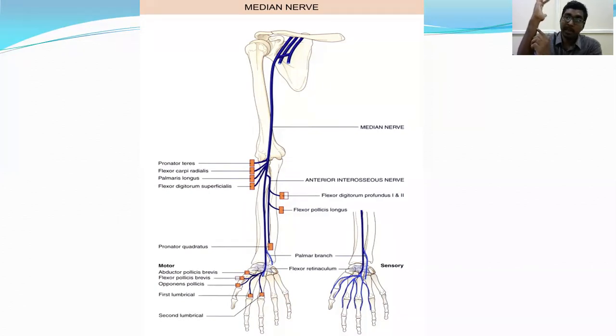Here at this level, the median nerve gives off one branch, the palmar cutaneous branch, which goes superficial to the carpal tunnel. You see this carpal tunnel. So it goes superficial to the carpal tunnel and supplies this area. And the remaining median nerve goes through the carpal tunnel and gives off 5 motor branches, which supply 3 thenar muscles and 2 lumbricals, and gives off multiple branches to supply the lateral 3.5 fingers of the palmar surface of the hand. So that's why the palmar cutaneous branch goes superficial to the carpal tunnel. In carpal tunnel syndrome, this area is not involved. Only the finger nerve supply is damaged.